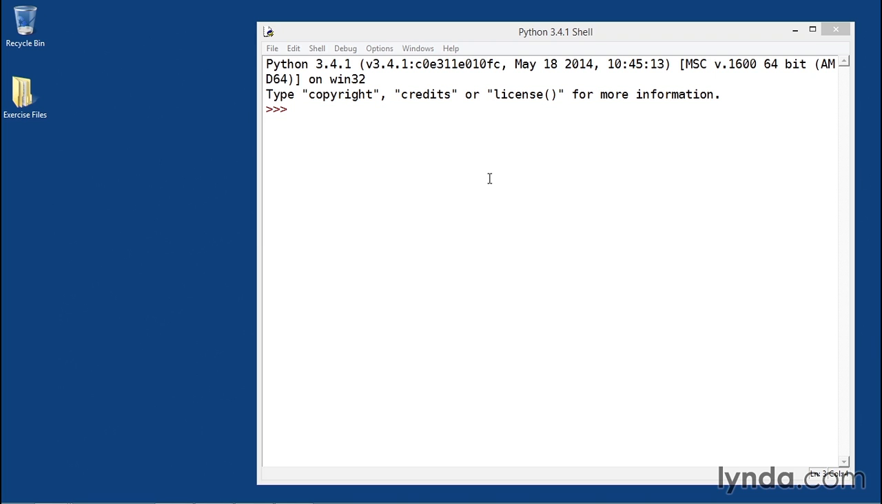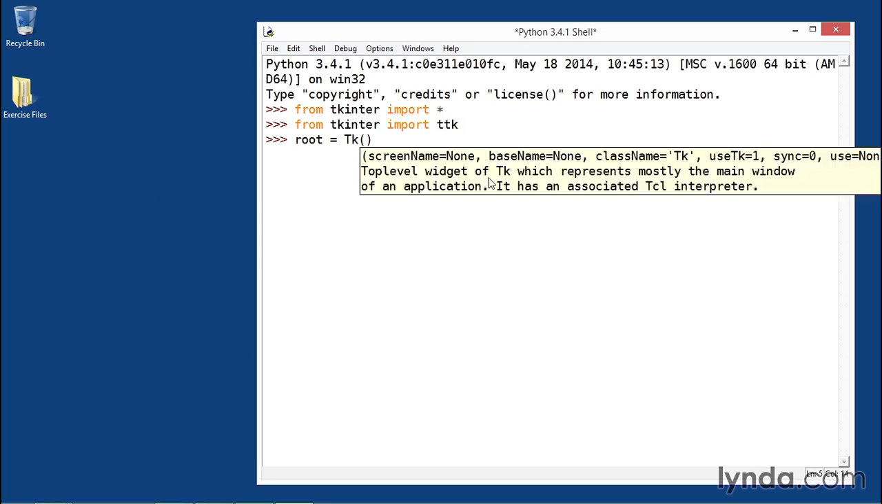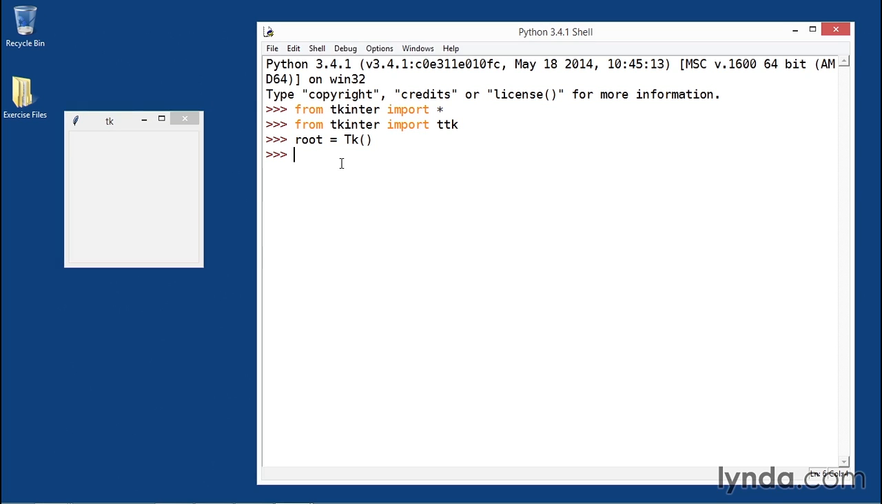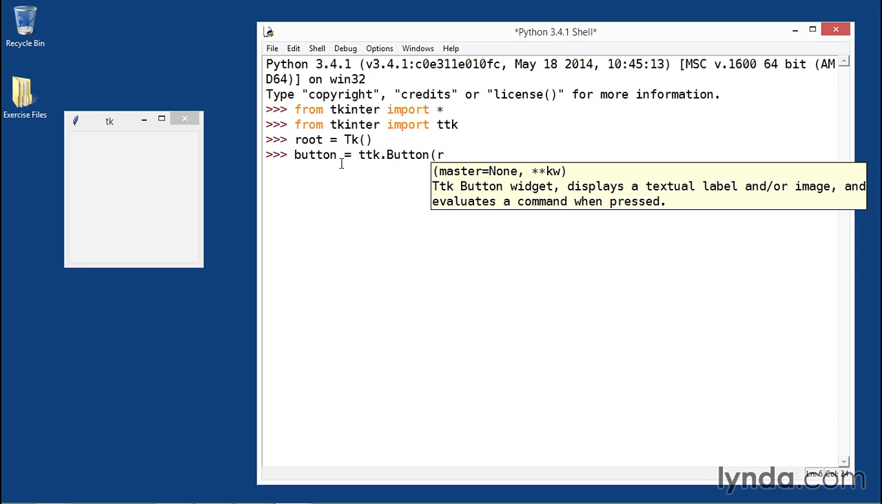I'll begin by importing the tkinter package by calling from tkinter import asterisk, and I'll also import the themed ttk module: from tkinter import ttk. After that, I'll call the Tk constructor method to create my top-level root window, and now I'm ready to begin creating buttons. I'll create a button by calling the themed ttk Button constructor method, and notice Button is spelled with a capital B. I'll pass in its parent, which is the first parameter as always, and then I'll also configure